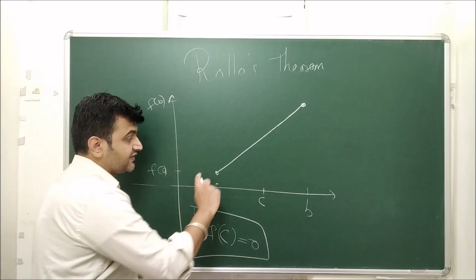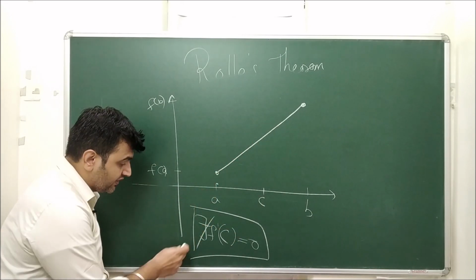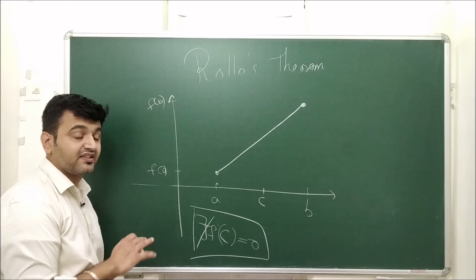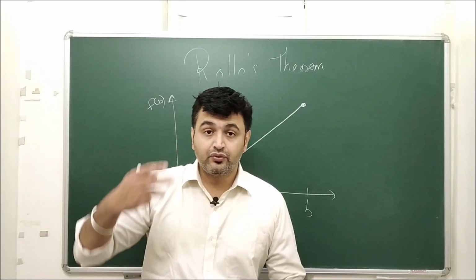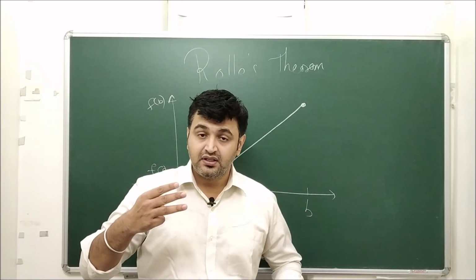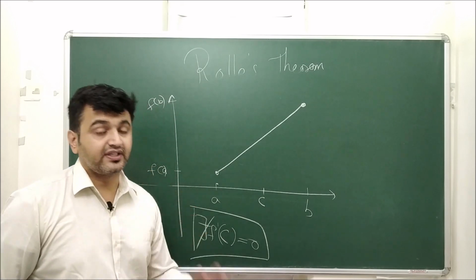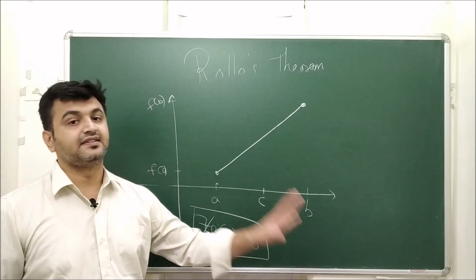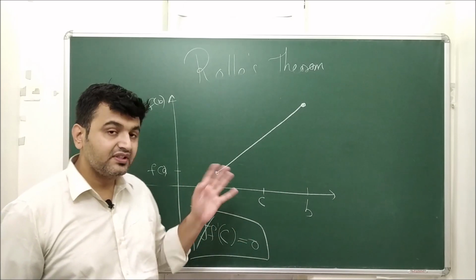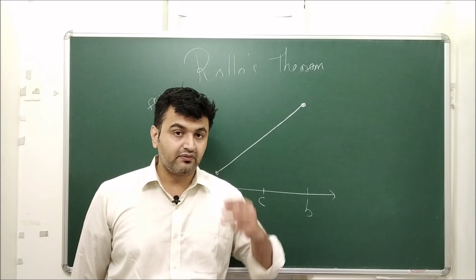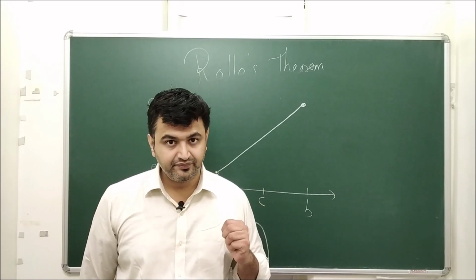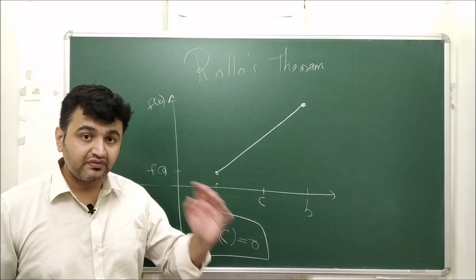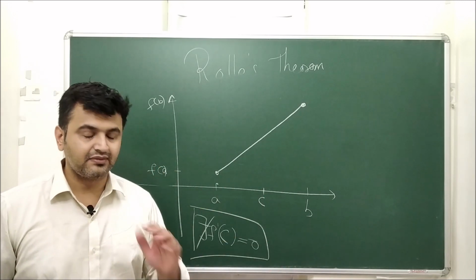The answer is no. You can see there is no bump anywhere, so there does not exist a point where the derivative is 0. Okay, so these are the three examples for Rolle's theorem: if you ignore any one of the three conditions, then this existence is not guaranteed. But if all three are satisfied, then this definitely exists. So these three examples are important because you should know why all three conditions are required. Now let's see the converse of Rolle's theorem, and we will see that the converse is not true. For that also we will see examples.